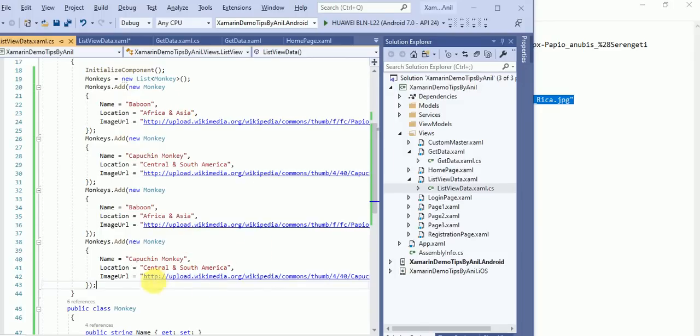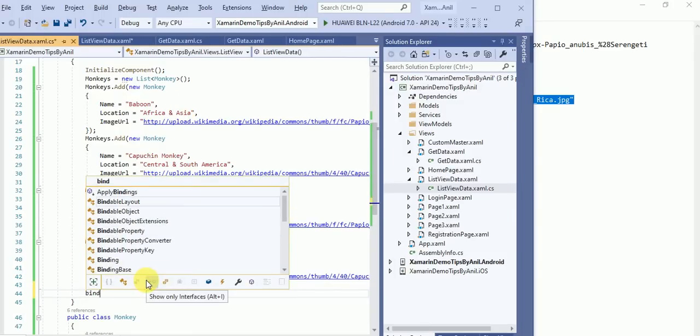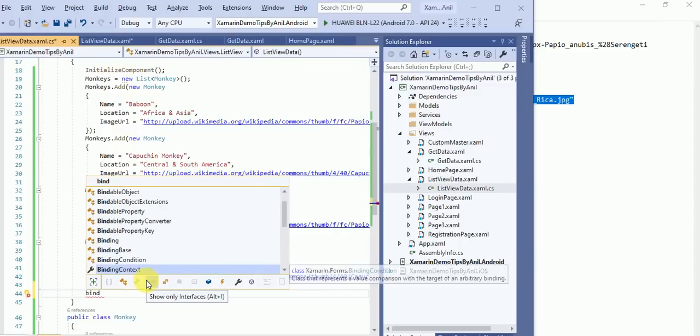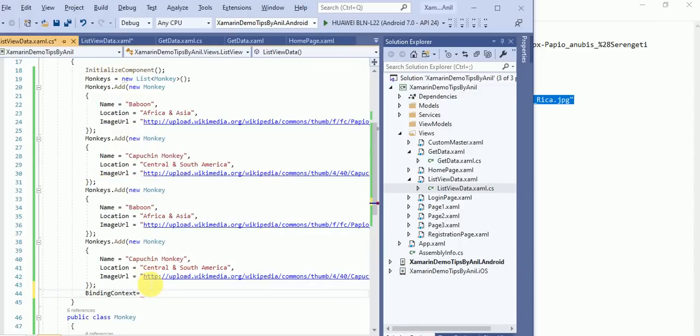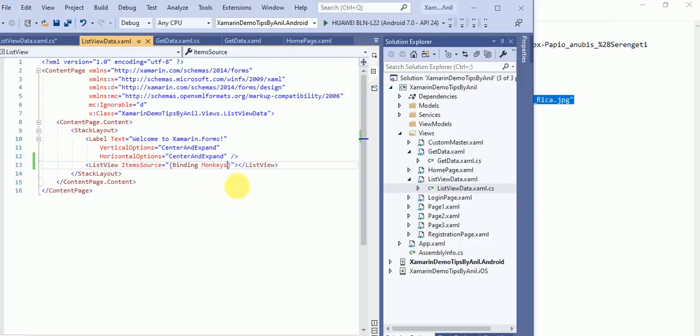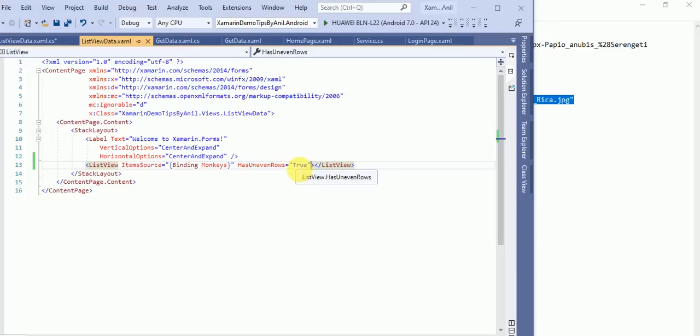Here I will type BindingContext equals this, and this object I will pass over here. Then HasUnevenRows equals true, which means the content should fit in the rows.